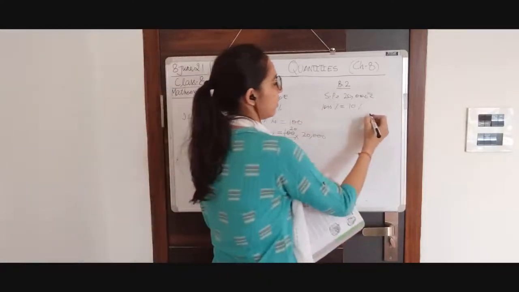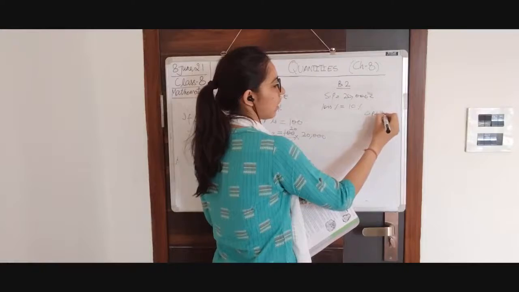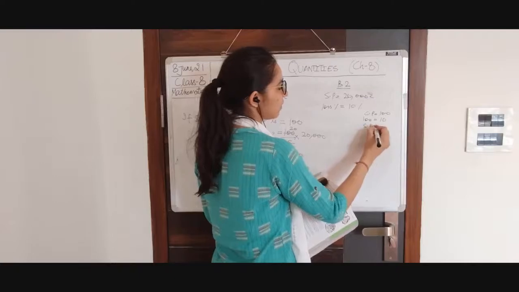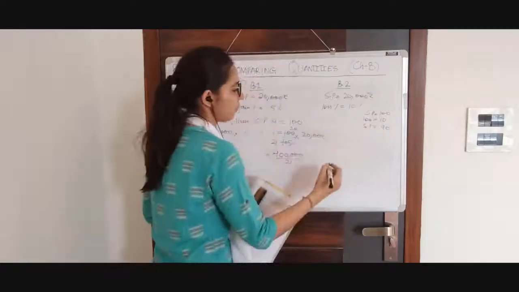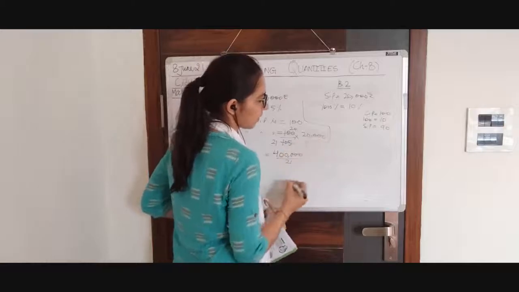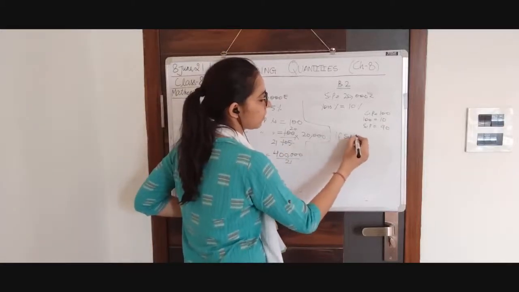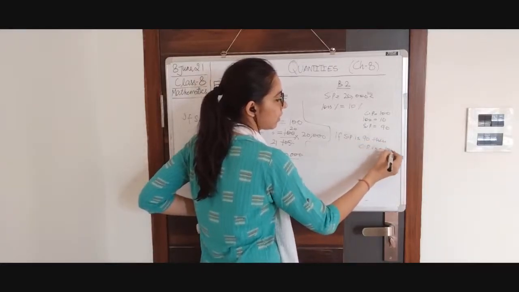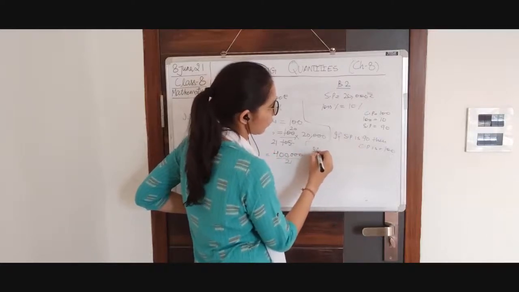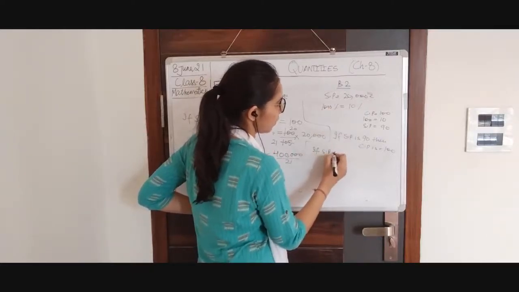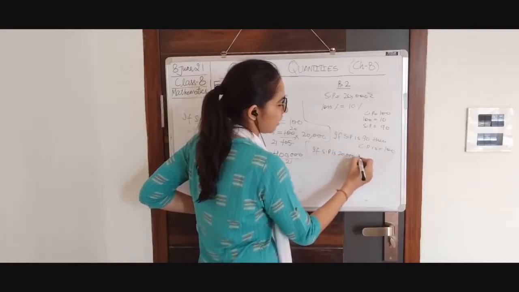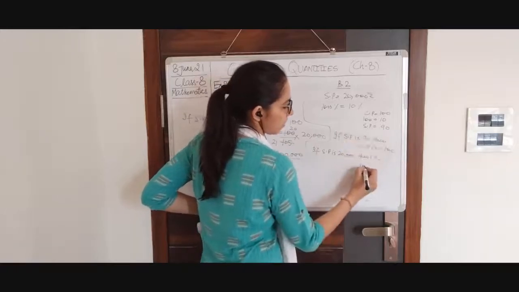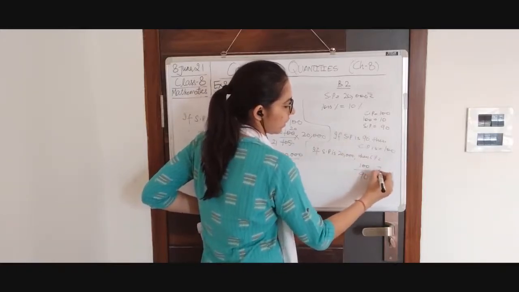Similarly for buffalo second, suppose his cost was 100, okay? He made a loss of 10 on 100, so his selling price is 90, okay? For this one we can write if selling price is 90, then CP is 100. Now we will take into consideration our actual SP. If SP is 20,000, then our CP will be 100 divided by 90 into 20,000.